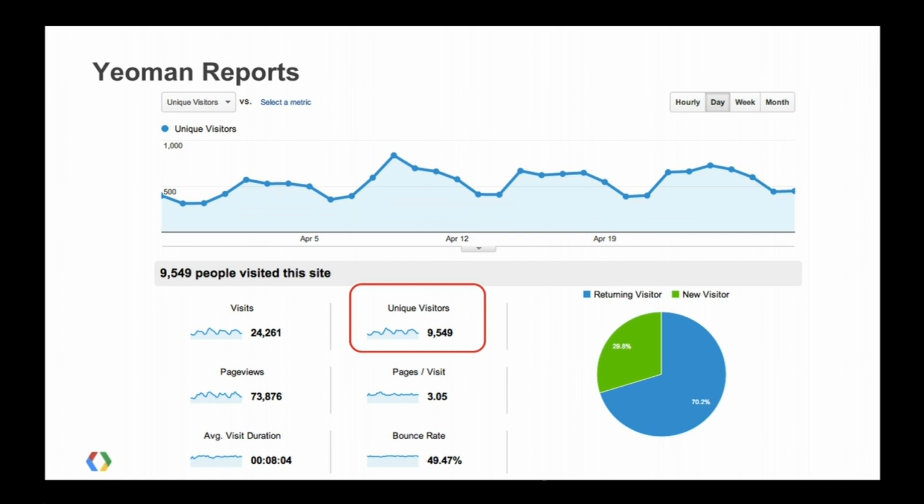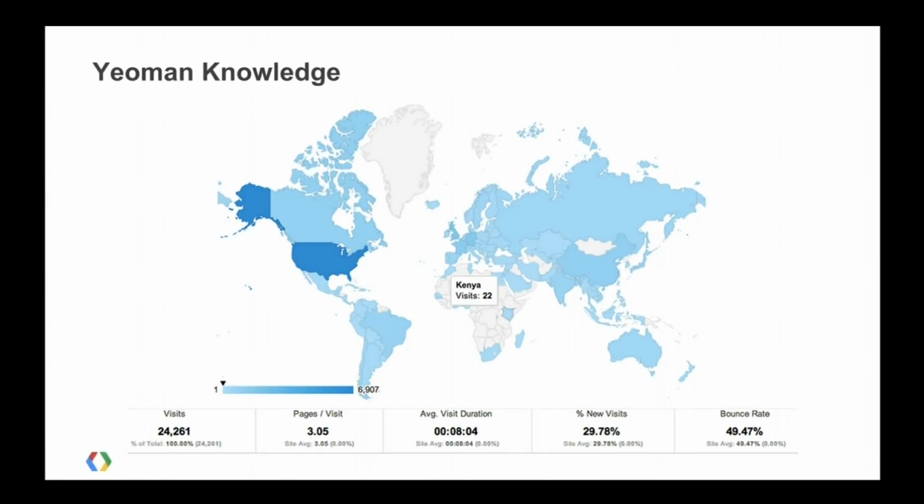What's nice about this is Google Analytics has a lot of features out of the box. And so one of the business questions they have is what is the actual impact of their outreach efforts? The team goes around the globe, speaks at many events like I/O. One of the events is called G Kenya, and it's part of our Africa outreach event. At one of those events, they talked about the Yeoman product, and they were curious what was the lasting amount of people who actually used the product? And here, directly in analytics, they can now tell whether that event was effective. Effectively, they're using Google Analytics to tell people that they should travel around the world.